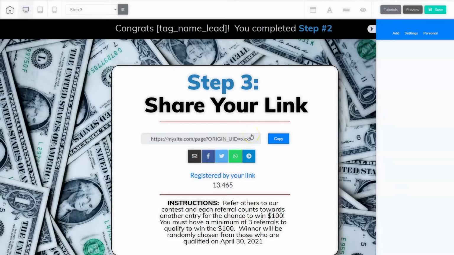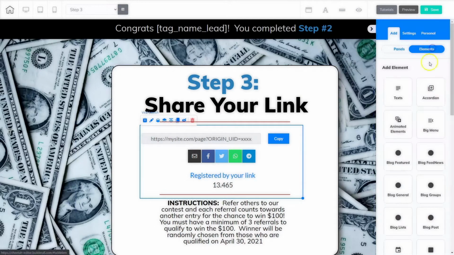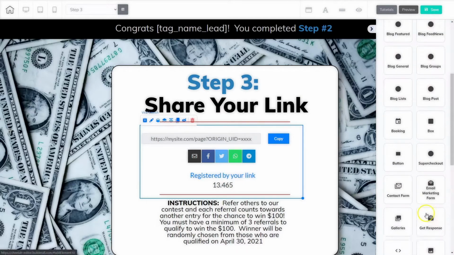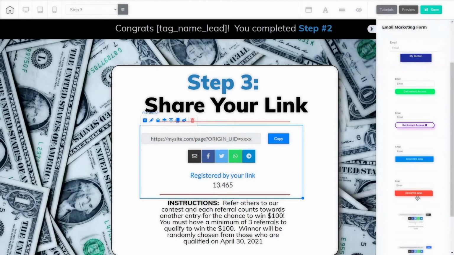And on this page is where they get not only confirmation that they've completed entry into the contest, but they're going to get their share link. Now, this is actually an element that I pulled into the page. And if you click on it, the name of the element is Viral Launch. So to get to this element, I go to Add, Elements, and I'm going to go down to Email Marketing Form. And you were already there once to get the opt-in form, but if we scroll down to the bottom,